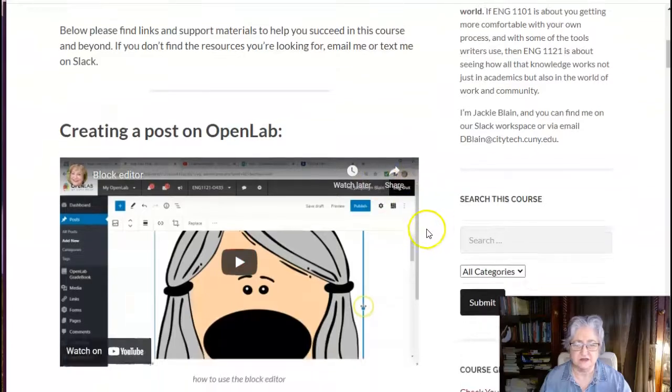This one's important because it's got a nice video tutorial that I made about how to create a post on OpenLab using the block editor. If you've used OpenLab before, you may not have used the block editor. You may have used the classic editor. It takes a little bit of getting used to, but once you do, it's way better and a lot easier